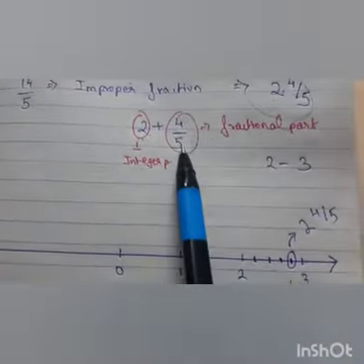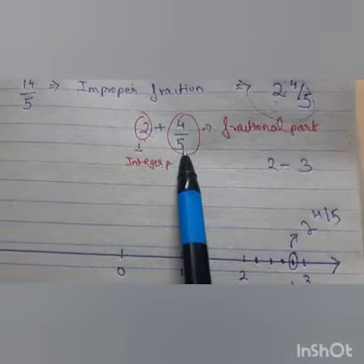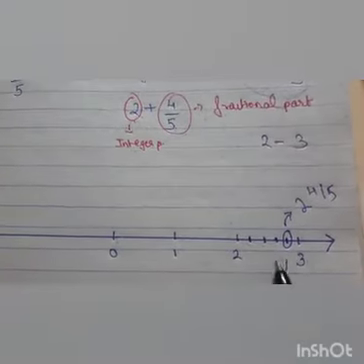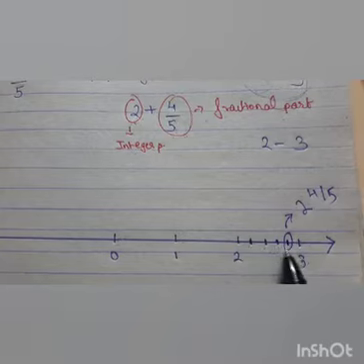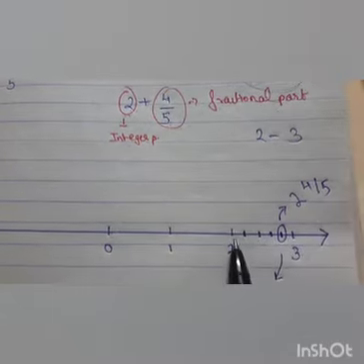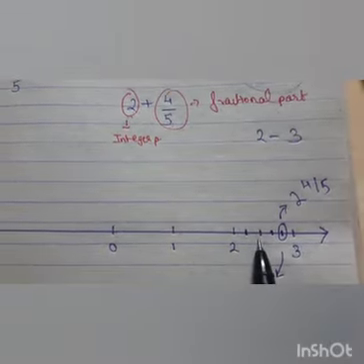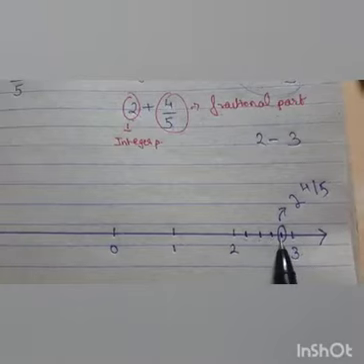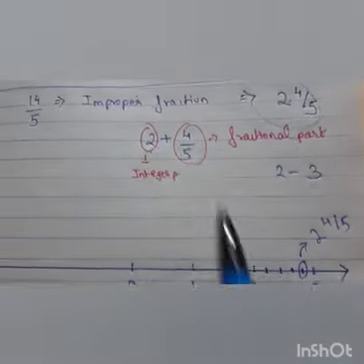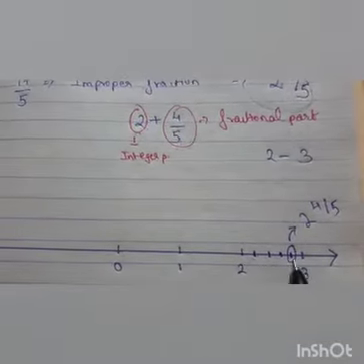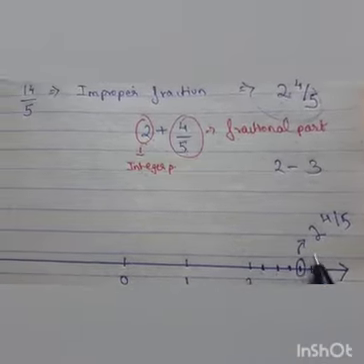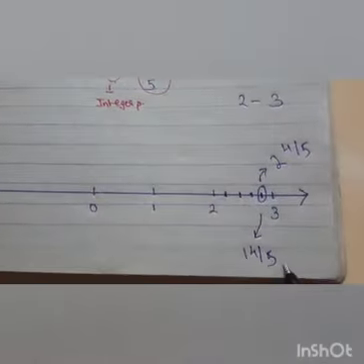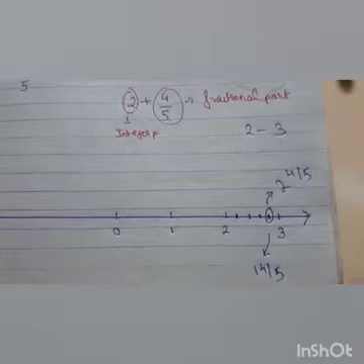Now, based on the value of the denominator, we will divide it into equal parts. So 1, 2, 3, 4 and your fifth. First part, second part, third part, fourth part and fifth part. What is given here? 4. 1, 2, 3, 4. 4/5, sorry, 2 whole number 4/5 or 14/5. This is how you need to plot.